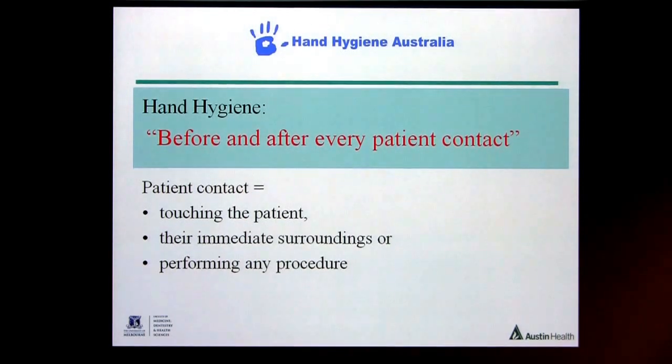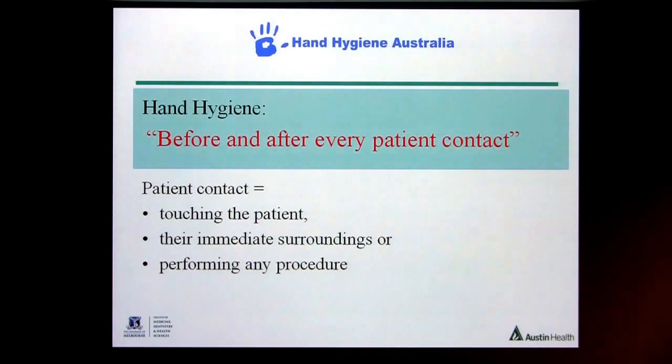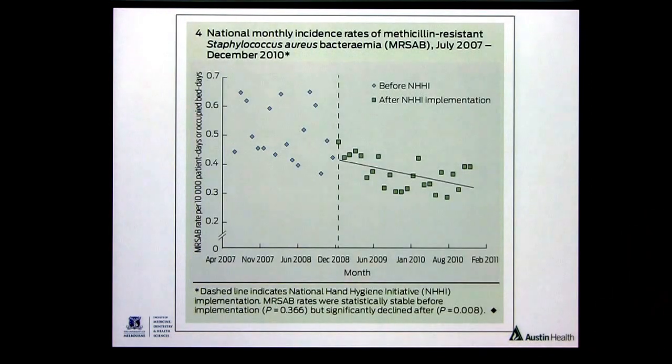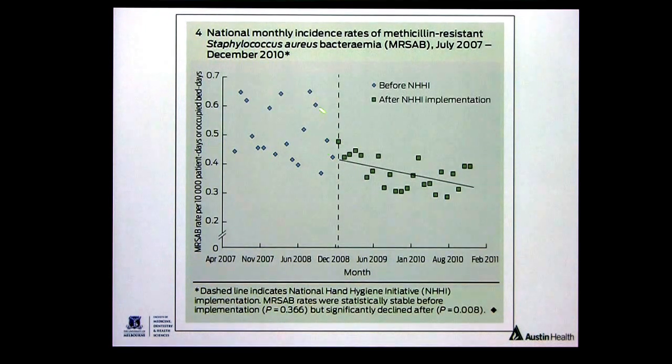So there's been a whole Australia-wide rollout of alcohol-based hand rub before and after every patient contact. And with that, recently we published these data about MRSA rates in Australia late in December last year. And here are the nationwide rates of Staph aureus bacteremia prior to the intervention for the national rollout of alcohol-based hand rub. So now we have 620 hospitals coordinated through the Austin, 620 hospitals right across Australia, all using alcohol-based hand rub,